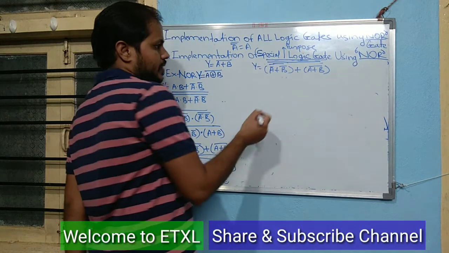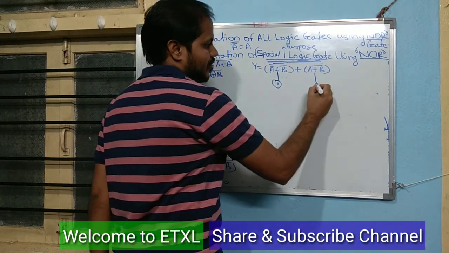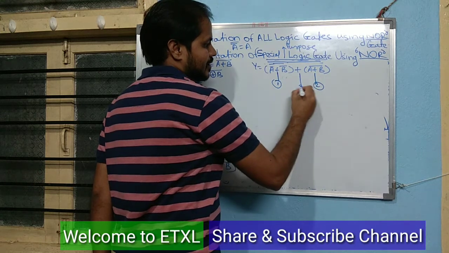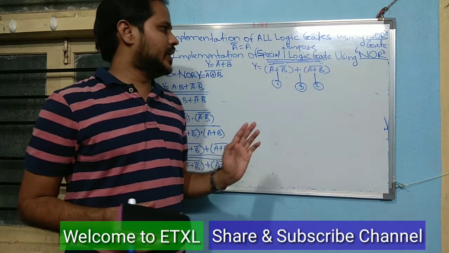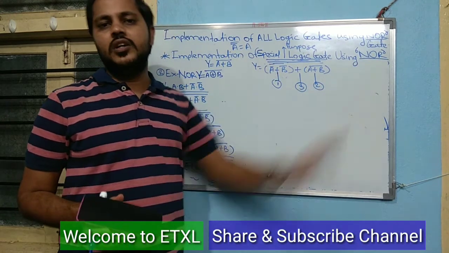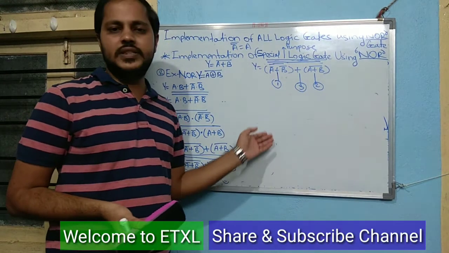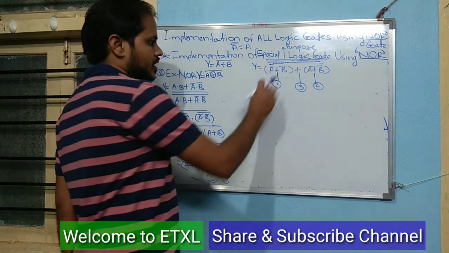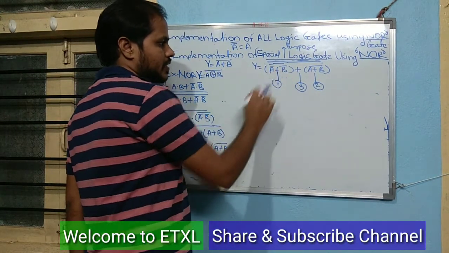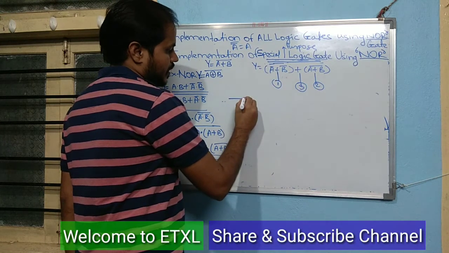The number of NOR gates is defined here. First NOR gate. Here is the second NOR gate. Here is the third NOR gate, and make the short connections of this third NOR gate. Then you are getting the XNOR logic gate in the NOR form. Let's draw the logical diagram of this logic gate by using NOR. A plus B, A bar plus B bar, and the first NOR gate is there. Let's make the short connections of A.